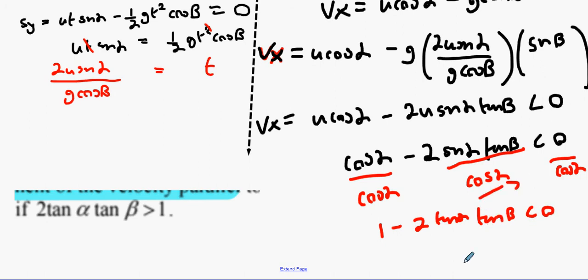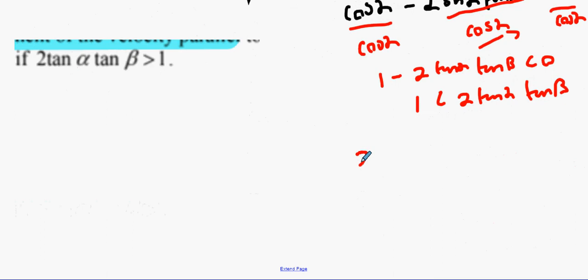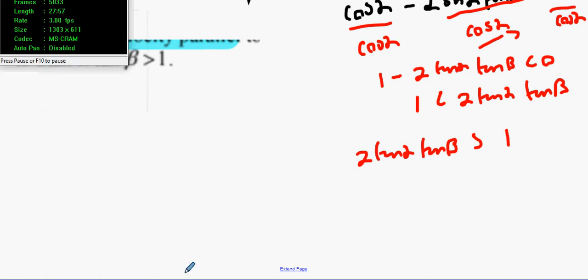Bring it over to the other side. 1 is less than 2 tan alpha tan beta. Do the spin. 2 tan alpha tan beta greater than 1, and we're done. Happy days. 28 minutes, so I would